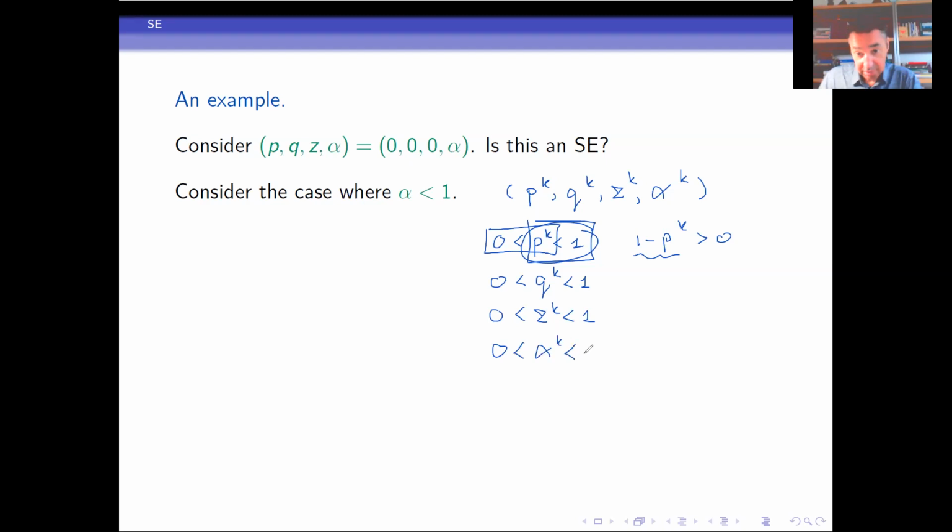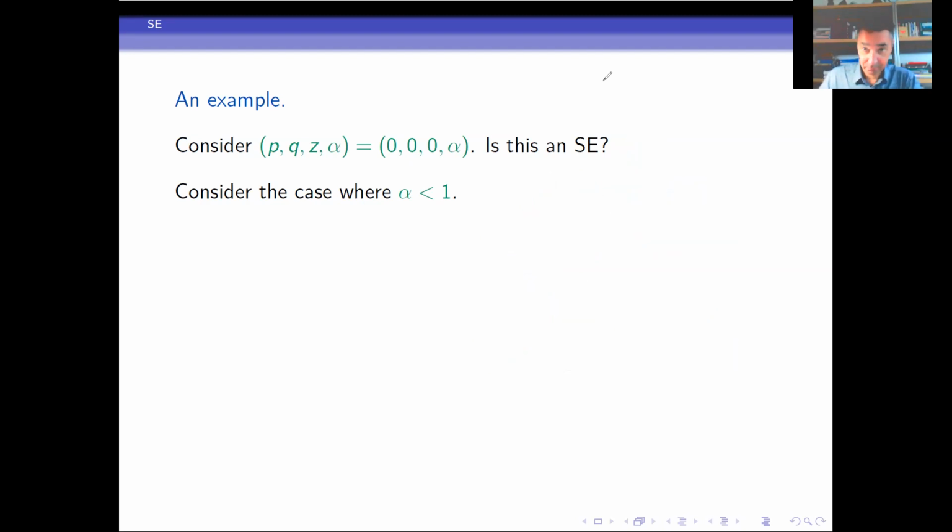So you want all these numbers to be between 0 and 1. And like I said on the previous slide, we can try to achieve this by choosing alpha k identical to alpha. The question is, can we choose the other ones in such a way that that is actually true? Because like before, these actually determine that one. So it's also clear that you can do that. But what we're going to do is to try to do that and see what is the condition on pk, qk, and zk for that to happen.